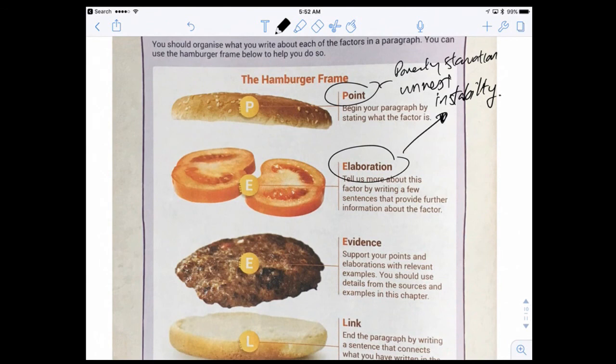Okay, poverty and starvation, the main reasons are, so you will write overpopulation is one you can choose, or the other one you can choose is natural disasters. So this is your elaboration. After that, the next one is giving examples. So there's many countries, so at least give two. Try and give two countries. This is called your evidence.